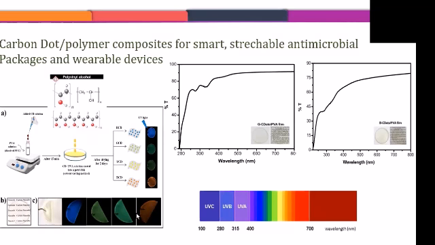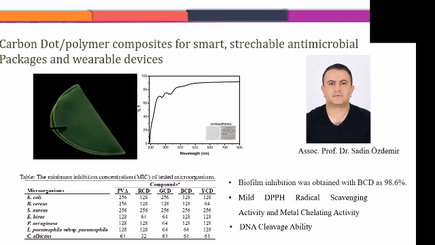So you are seeing that we have thin films of polyvinylidene with carbon dust of different colors, where they are transparent, but they also absorb the light below 400, which is the light that we call UV light, which is dangerous for skin and so on. So we have found that these polymers have some biofilm inhibition, and they have radical scavenging, which means that they are antioxidant. They are forming antioxidants.